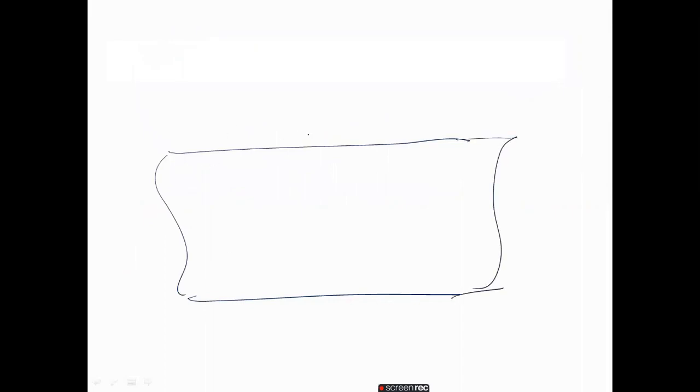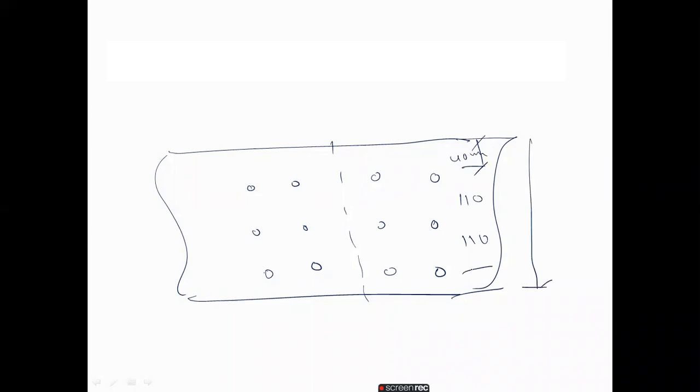Okay, so we are providing this midpoint for the two plates. So 1, 2, 3, 4, 5, 6. Like that we have to provide 6 bolts on each side. Okay, and this one you see we got 40 mm, and also the distance here 110 and 110, and the total length is 300, with 40 at each end.